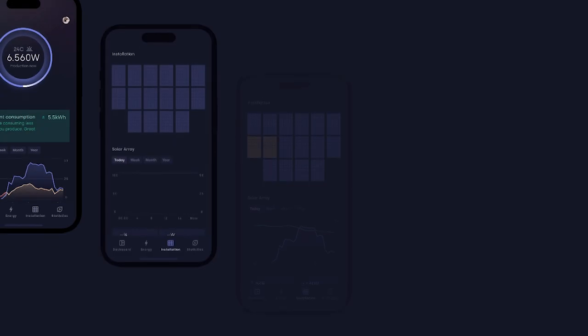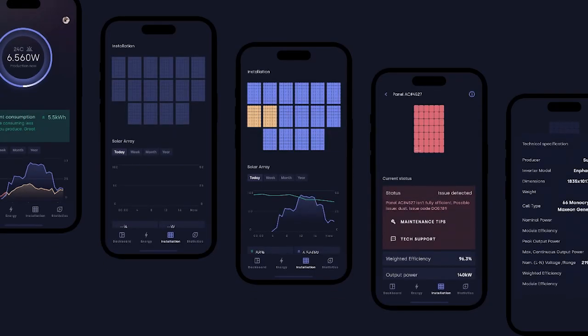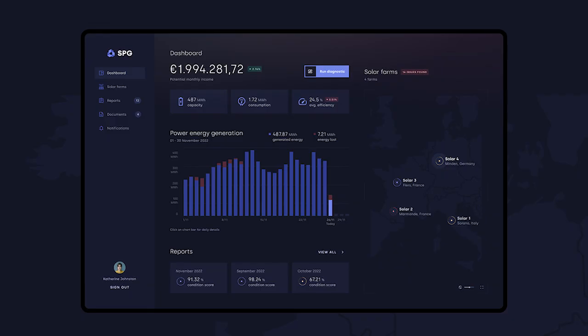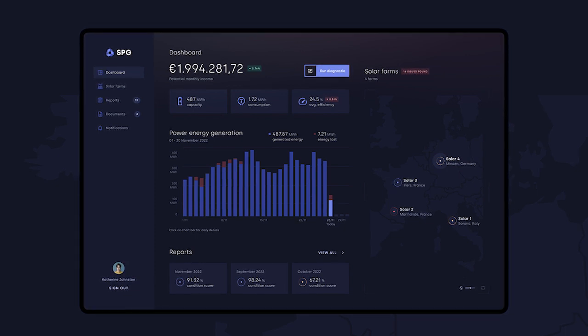So then you can ensure that specific groups of users see only relevant data, and thanks to that, we can offer flexible interactive components to allow users to manipulate and explore data in ways that best suit their requirements